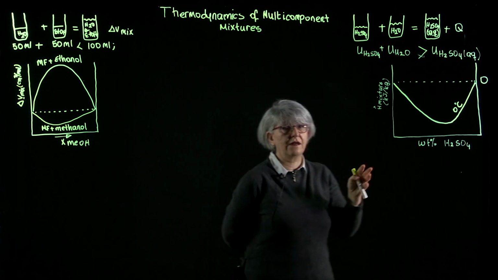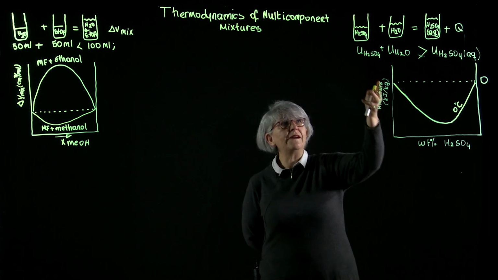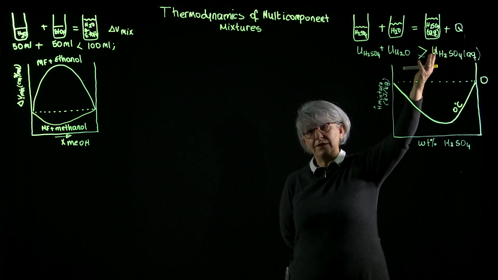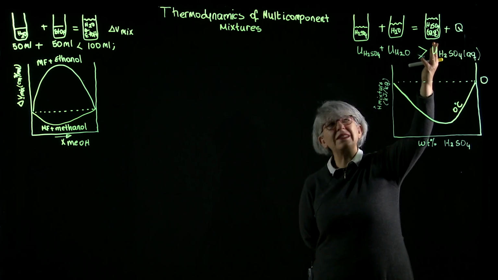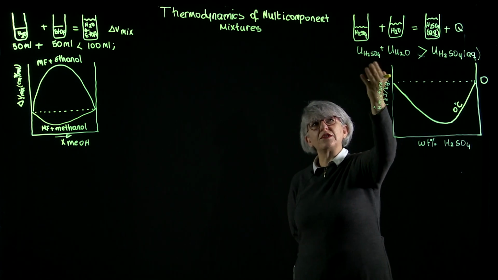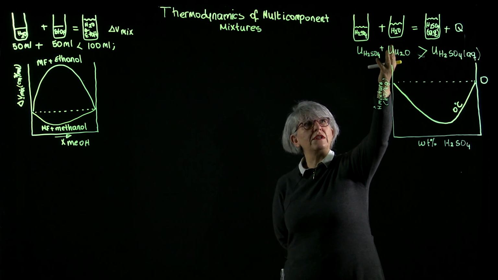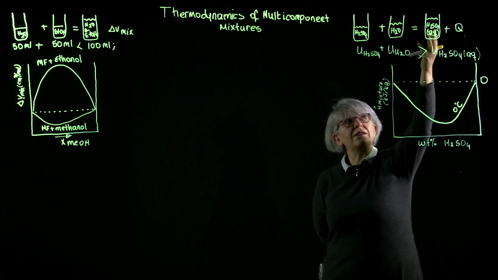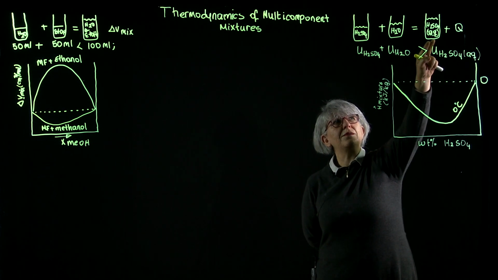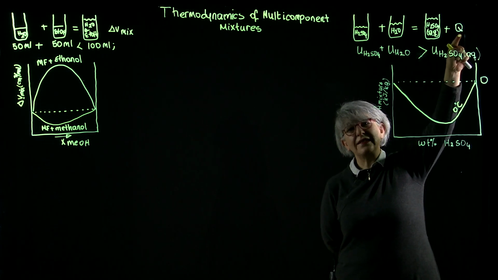On the other side of the board, we have an example of mixing an acid and water. We have sulfuric acid, we have water, we mix sulfuric acid with water, and we know that when we mix an acid and water, it always releases energy. So we started with a certain internal energy of this sulfuric acid, a certain internal energy of this water. We added them together,